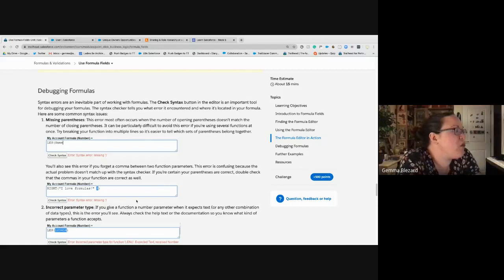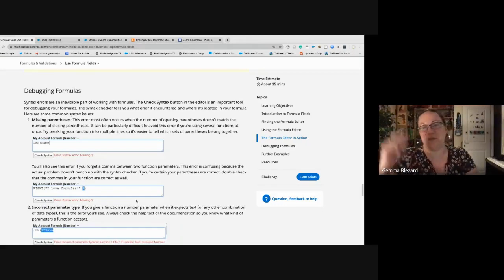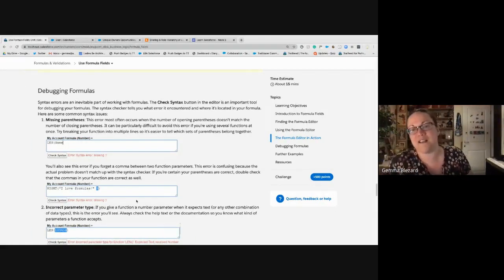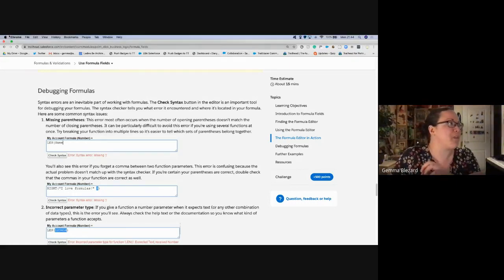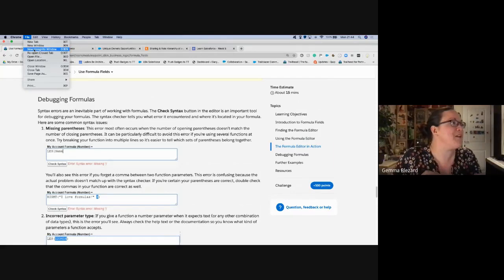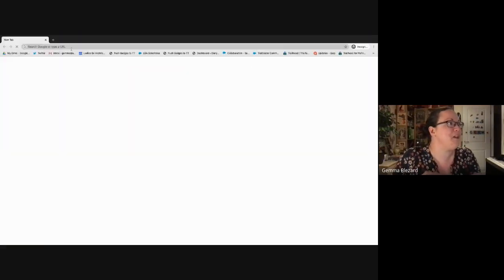So common errors: missing parentheses or brackets, if you like. Remember that massive formula field with all of the closing brackets at the end? I had to go through that painstakingly and keep making sure that every single if statement was closed appropriately at the end. And that's why laying out your formula in a really simple way